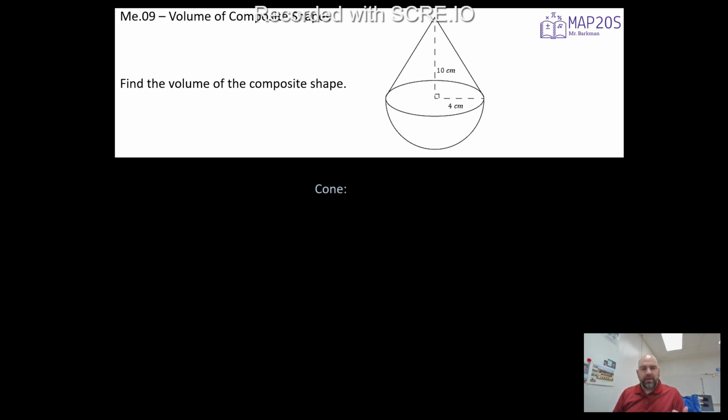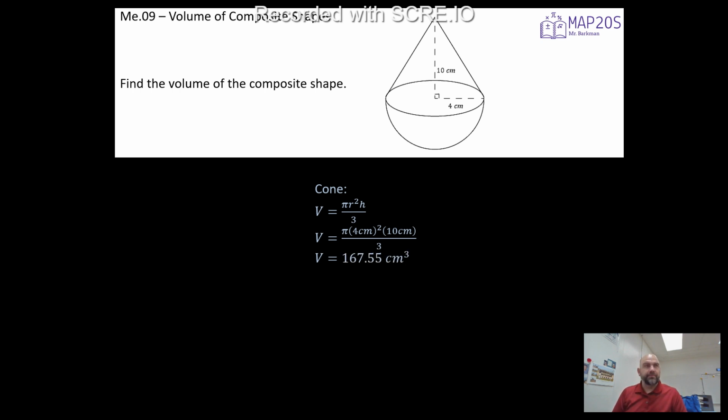So let's start off with the cone. It doesn't really matter where we start, but we'll start with the cone, and then we'll move to the hemisphere afterwards. Our formula for a cone is pi r squared h divided by 3. This is our base times height divided by 3 formula for all pyramids. A cone is that special case where our base is pi r squared. We know the radius is 4, we know the height is 10, and so we'll plug those values in and we'll come up with a volume of